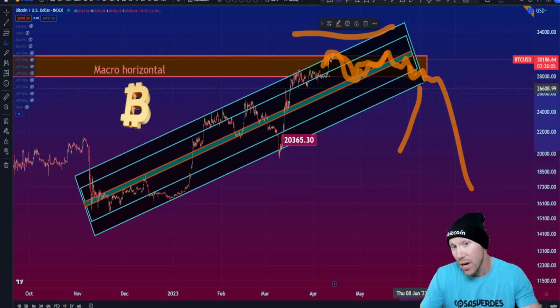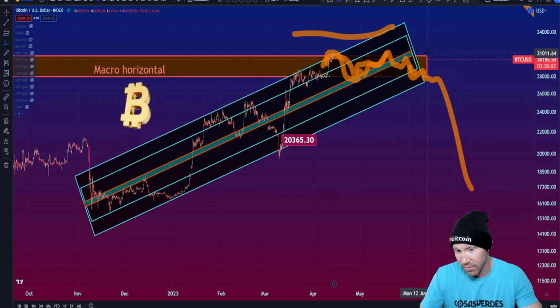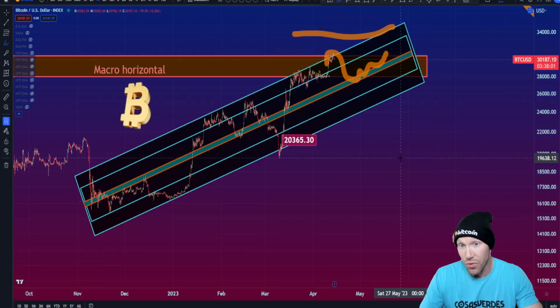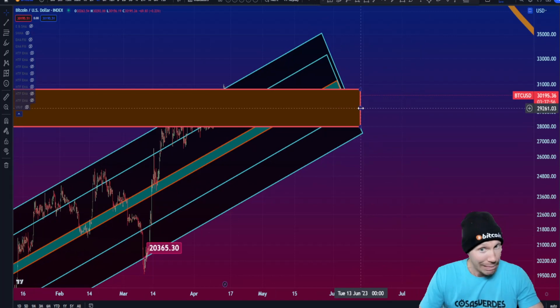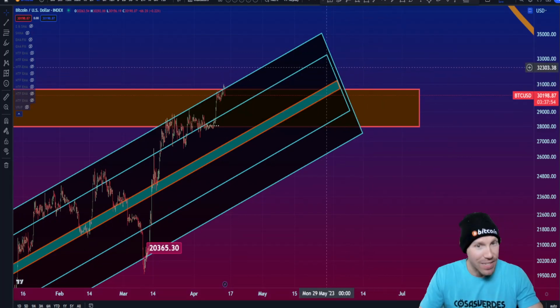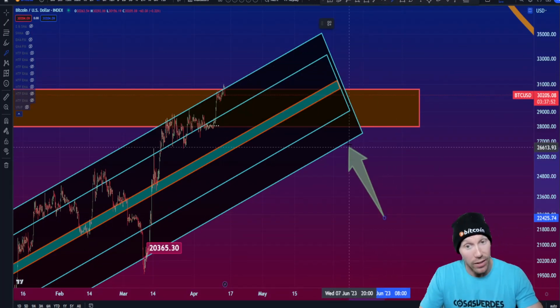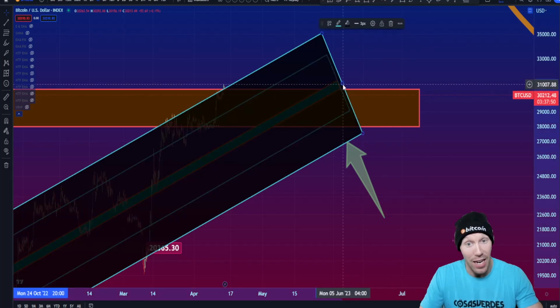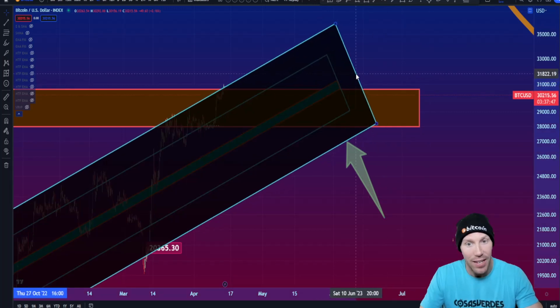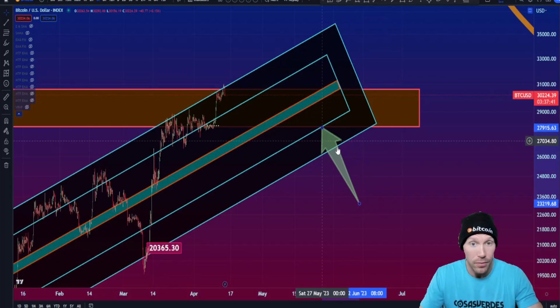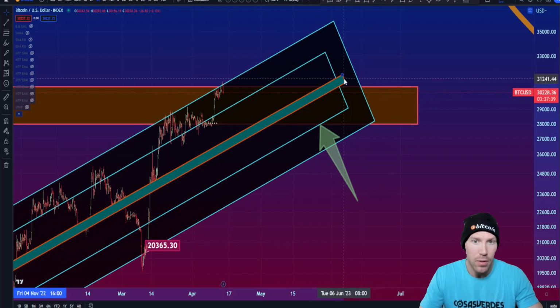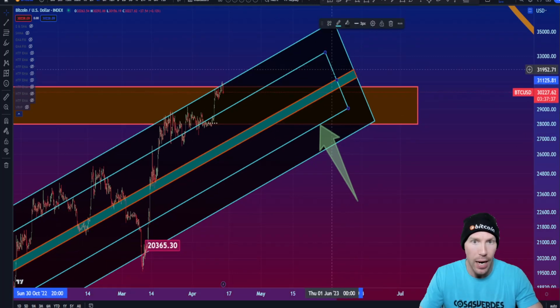You could get some really nasty stuff. And what date is that? That's June 12th. So these lines intersect. Honestly, that could be exactly what happens. This has a decent chance of happening almost exactly, you know, within 48 hours of that date. This is how I essentially timed within 48 hours the 2018 dump. It was similar stuff, but I used the weekly 89 and the weekly 10 EMAs very specifically.